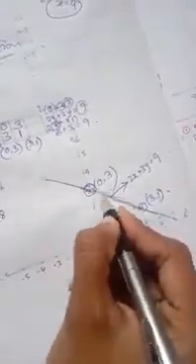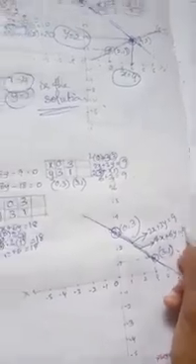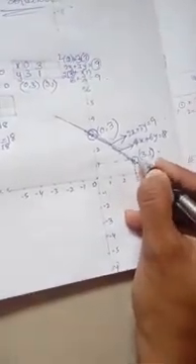Therefore, the two lines coincide with each other. This is a straight line for the first equation, and also this is a straight line for the another equation, 4x plus 6y is equal to 18. Okay. Therefore, there are infinite solutions. 3, 1 is also one of the solutions. 0, 3 is one of the solutions. The remaining points, all the points are solutions for this case.